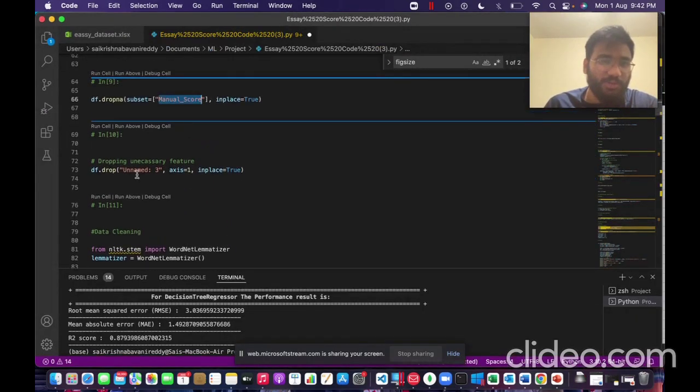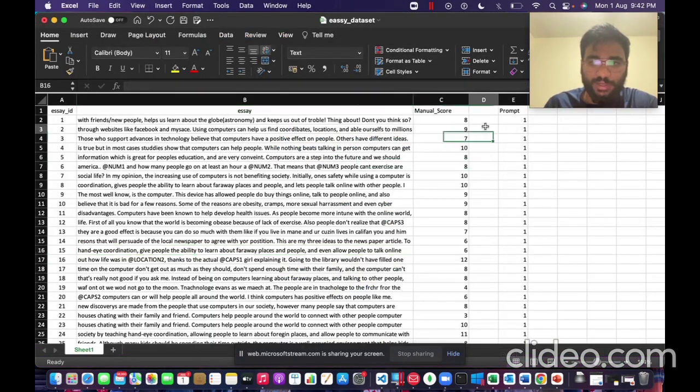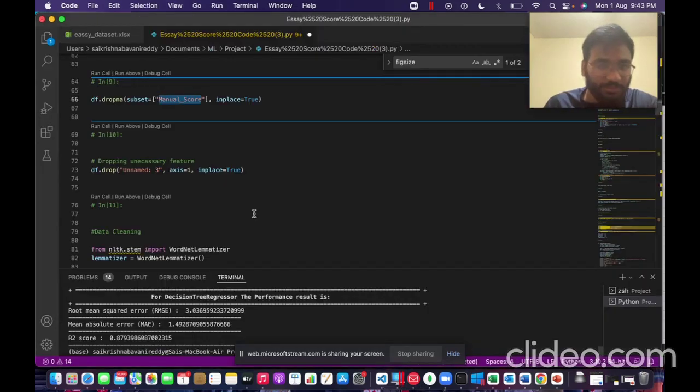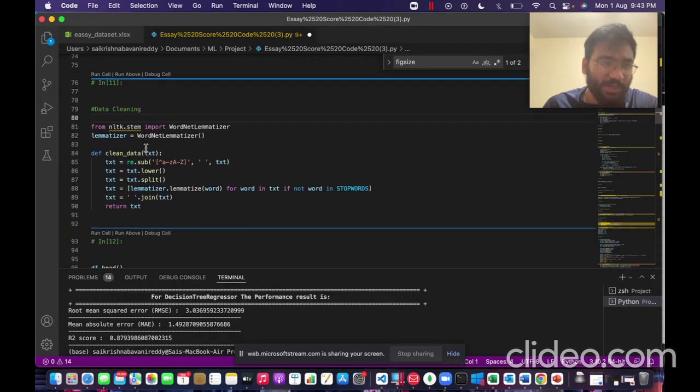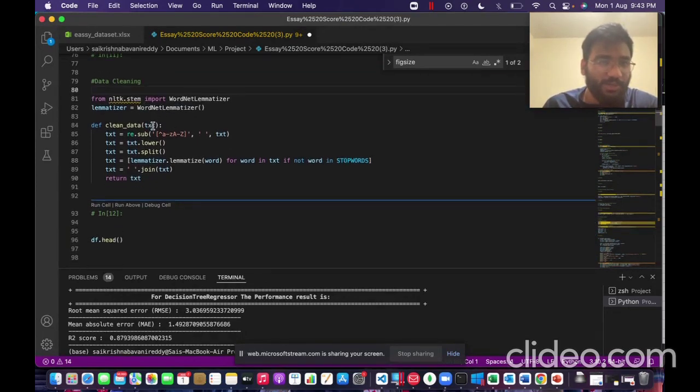And then I also dropped the unnecessary features, like this unnamed column which we are not using. I have deleted this complete column also. And then after that I started the data cleaning. So in this data cleaning,